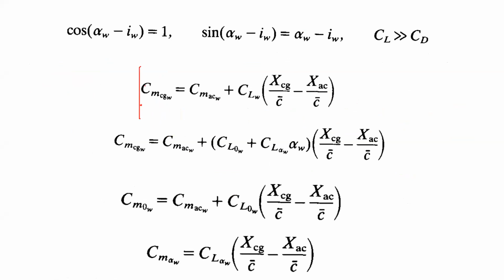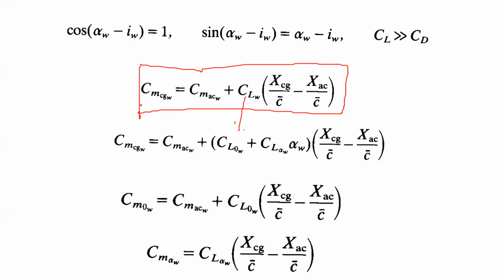And this becomes the entire equation for CM, the pitching moment coefficient of the wing with respect to CG. So this is the overall equation. Most of the terms got cancelled because of these two approximations. And yes, now it has two parts. If you look at it closely,